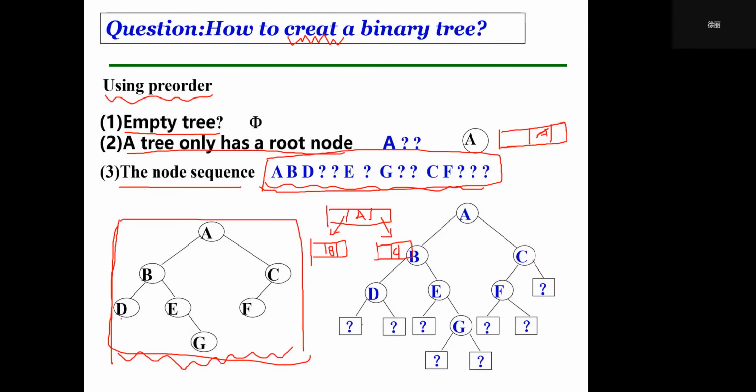Why do we need to add this question mark? Because we need to know whether the left child or the right child of D is none or not. So when we want to use this pre-order sequence to create the binary link like that,